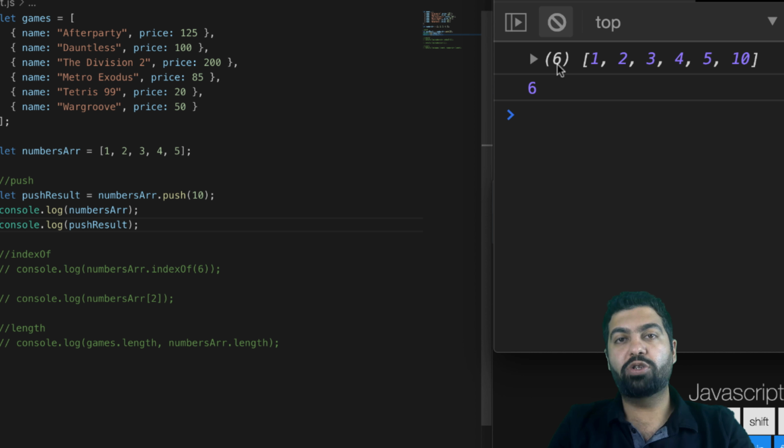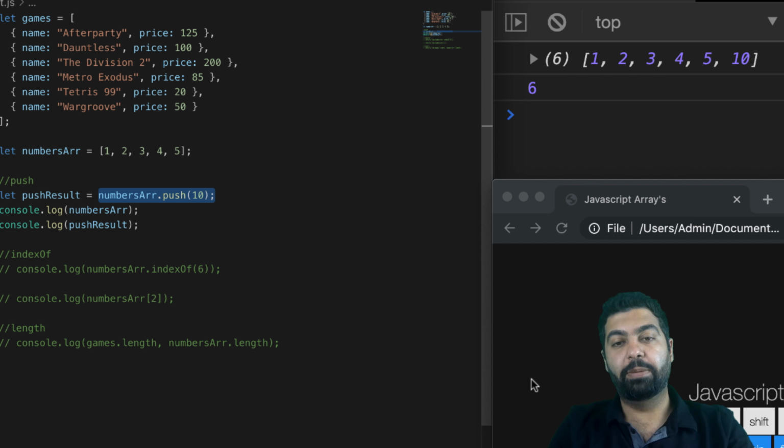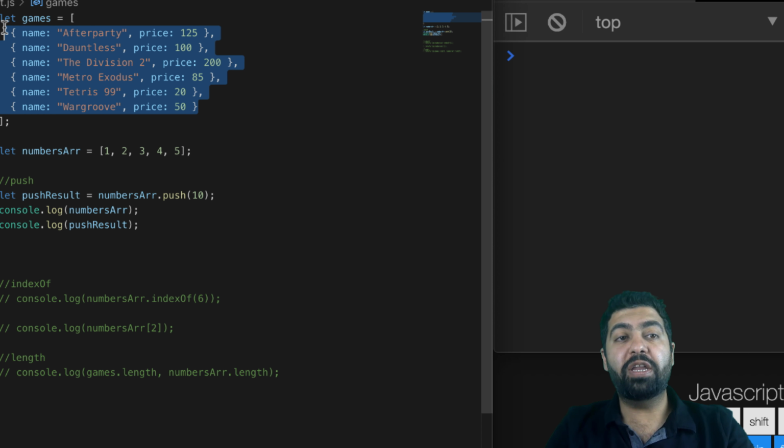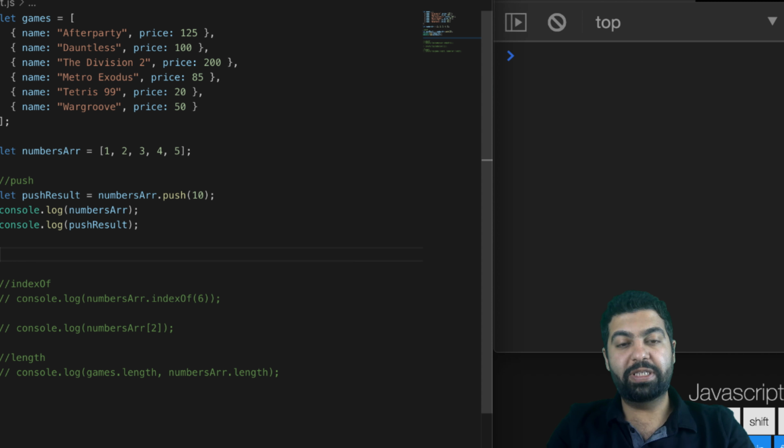Of course, the console also gives you the size 6, but if you want to store what the result size was, you can use this assignment and store it into a variable. Now let's try to use the same push operation to actually push another game onto this games array. So let's do the same thing, which is